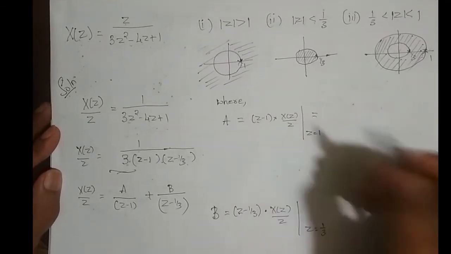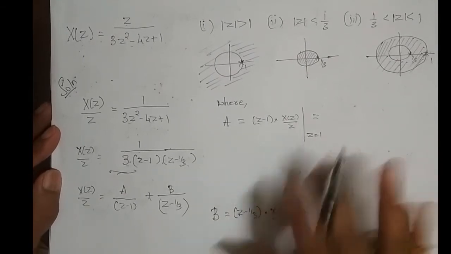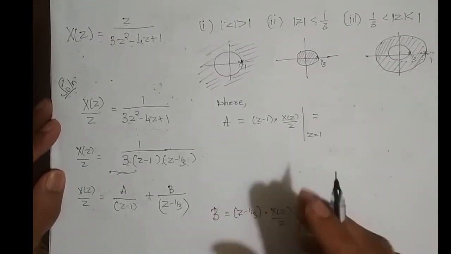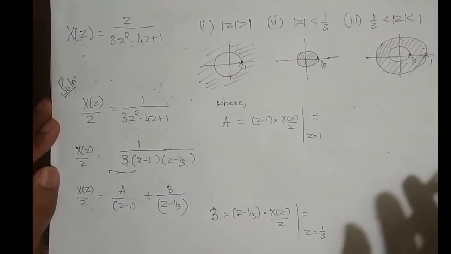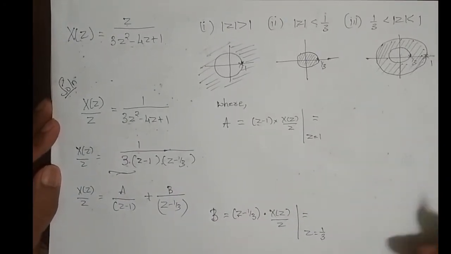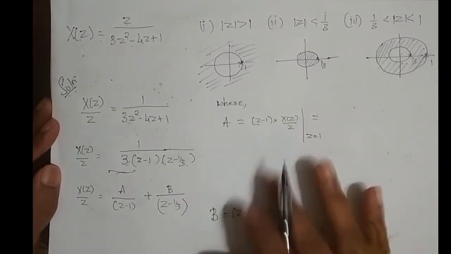So this is a formula to find a and this is a formula to find b. In every problem we follow the same formula. We have some more methods to find a and b; you can use that if you are used to that kind of solving. But I am comfortable with this method, so I am solving with this method.